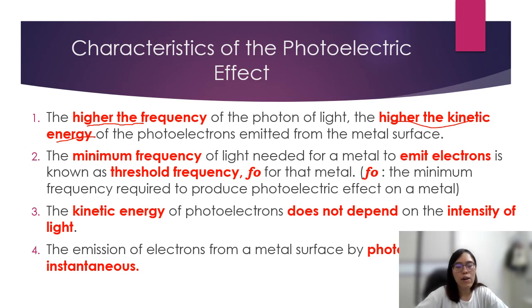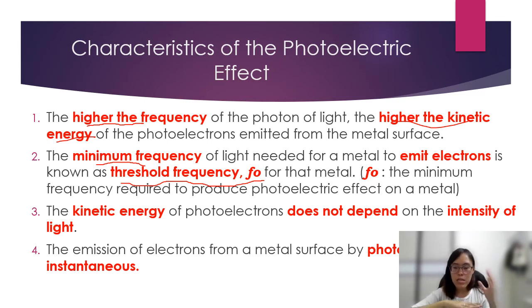from the metal surface. That means the higher the frequency of the light, the higher the kinetic energy it provides for the electrons to escape from the metal surface. I mentioned earlier that it must have a certain frequency to escape from the metal surface through the photoelectric effect. So this minimum frequency we call the threshold frequency. Threshold frequency. For example, for a metal, the frequency of the light needed for the photoelectron to escape from the metal surface may be like